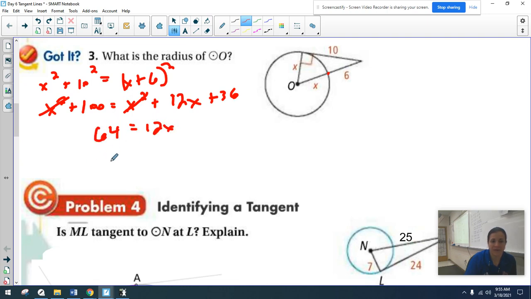If I subtract the 36 from both sides, that's going to give me 64. And then if I divide by 12, that's 5 point something, I think. 60. 5 times 12 is 60. And then 5.8, I believe. Okay, so 5.8 is your X. That's what they're asking for, is your radius right there. Okay, so